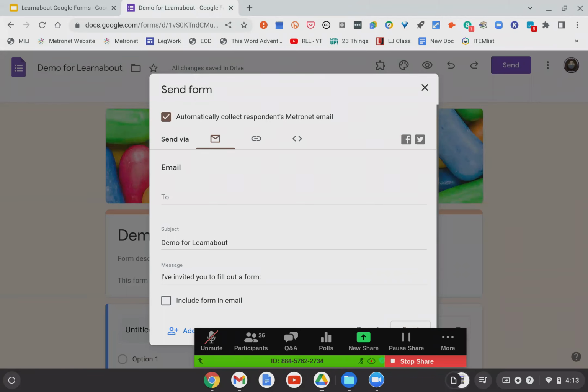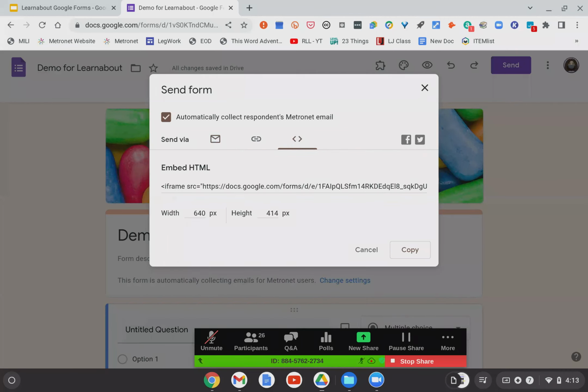Send is a button that you will see on all of the Google products. They all have that send feature. And so this gives you the ability to send out this form via email, the link, or to embed it as an HTML. So if you have a work or school website and you want to have a poll on there, that's something that you could do very easily here. You could even just do a 1-question poll on your Google form and then embed that into your website so that people can access it. So a lot of different things that it can do.